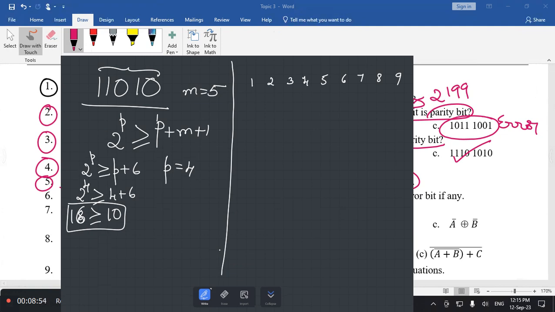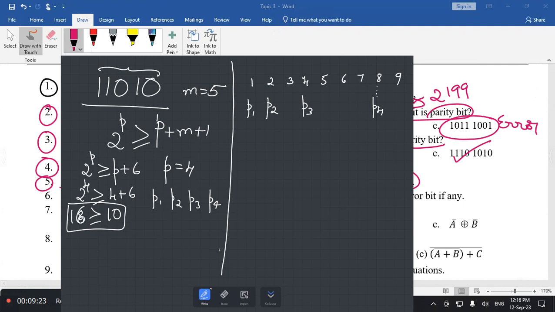There are 4 parity bits, right? There will be P1, there will be P2, there will be P3, there will be P4. Right. Now tell me where you will have a parity bit. There will be one parity bit here, then second one here, third one here, and fourth one here. P4 will be here, right? Okay. Now you tell me,